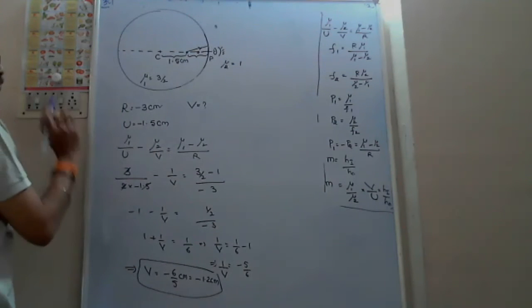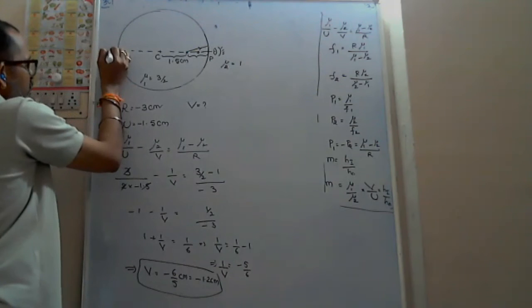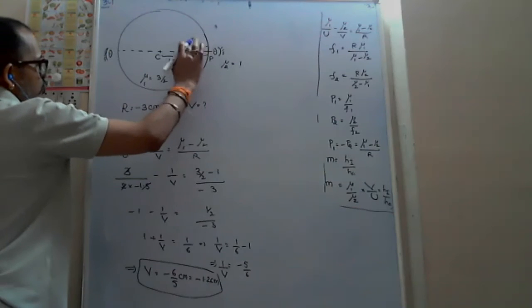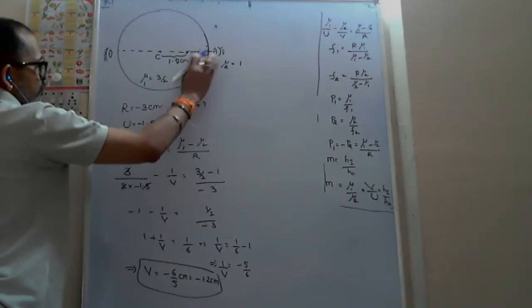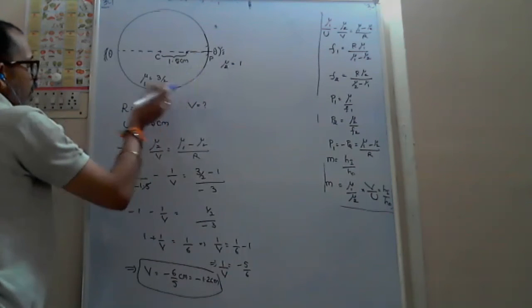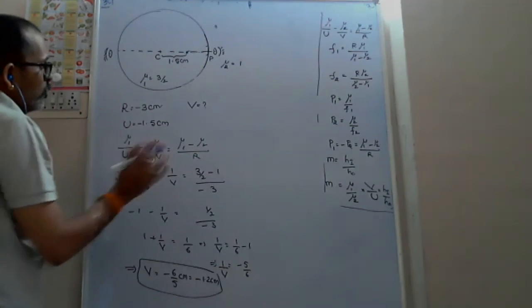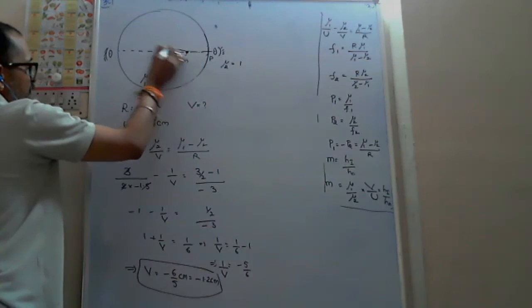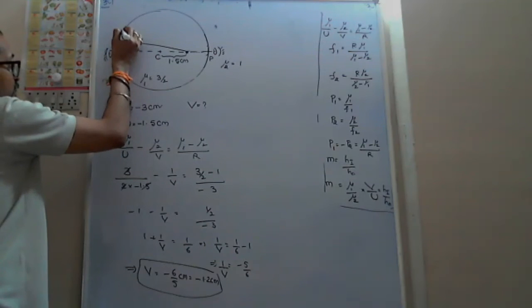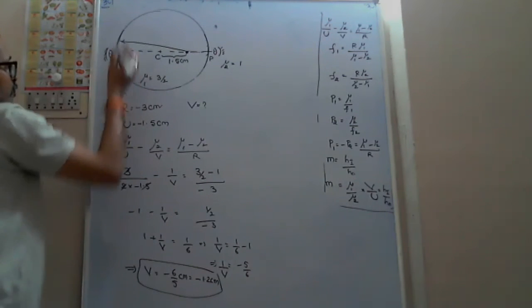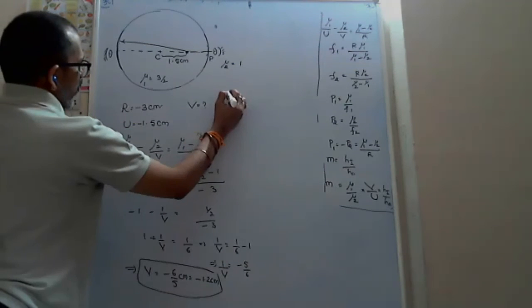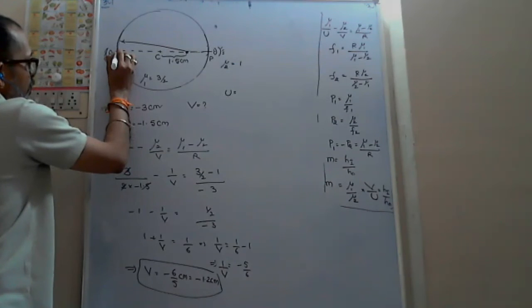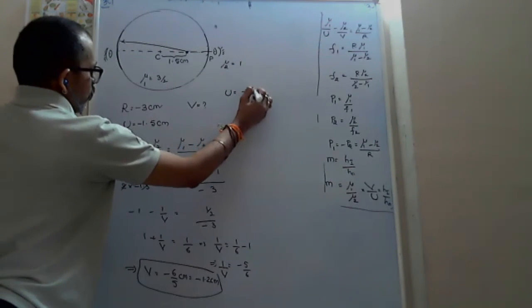Will you do the same question if I see from the other side now? Then this time you have to take the object distance. The bubble is inside only, which means the light rays are coming this time towards this surface. U is equal to 4.5. Minus or plus? Minus. Very good. U is equal to minus 4.5.